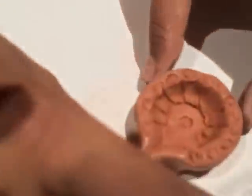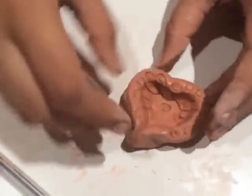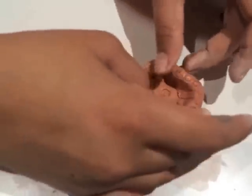So now the design is done. You can shape it; this is of course just a normal shaped one, and I'm going to push it in maybe to make a sort of heart shape. After you've done your shape, then you can